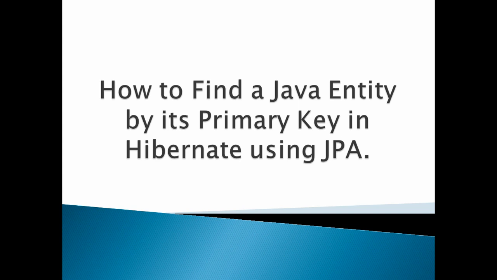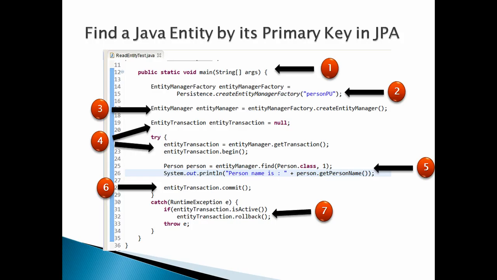JPA. Friends, in my previous tutorials we discussed how to create the persistence.xml file. We also created an entity by the name Person. In this tutorial, I will refer to the Person entity and will find a Person entity instance by its primary key in Hibernate using JPA. In order to find an entity by its primary key, let's discuss the code point by